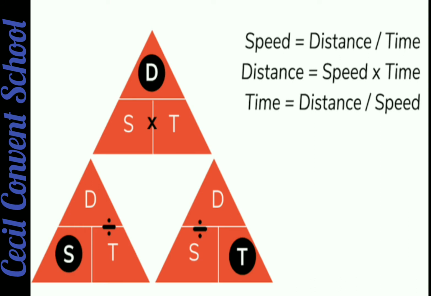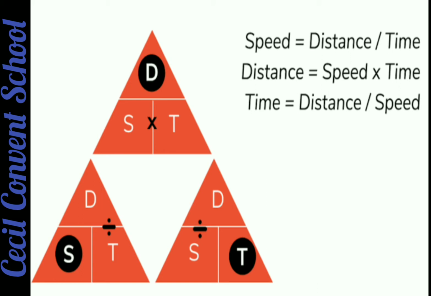As you all know, speed is basically the distance traveled by an object in a unit time. So if you are finding speed, I circle this S. S means speed, D means distance, T means time. Clear? If I want to calculate the speed, what do I have to do? D divided by T. Understood? And if T is given and I want to find the time, what do I have to do? D divided by S. D is distance divided by S.